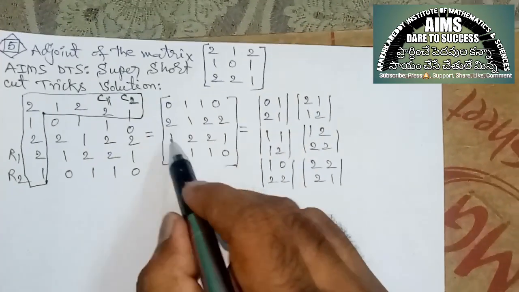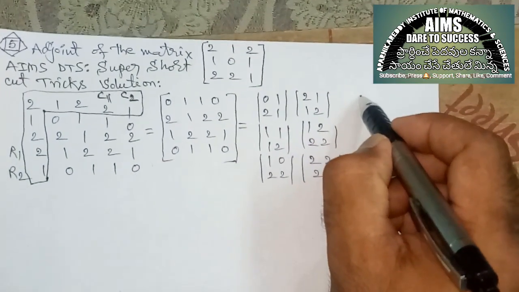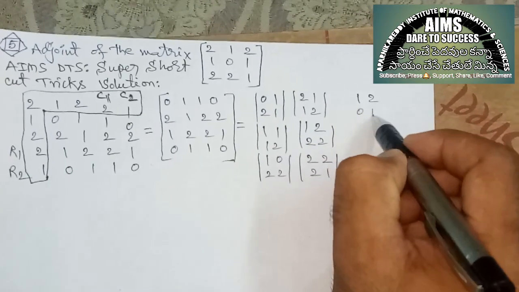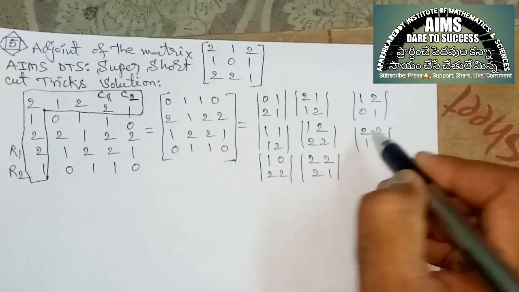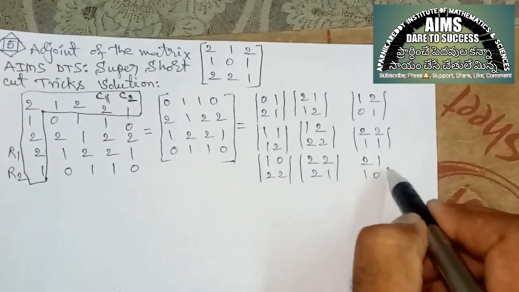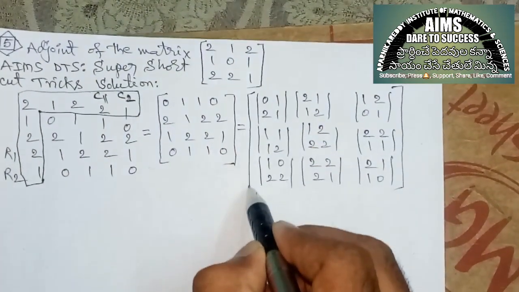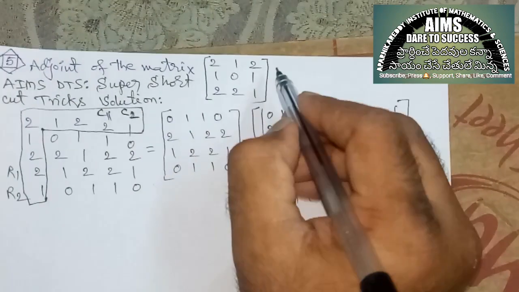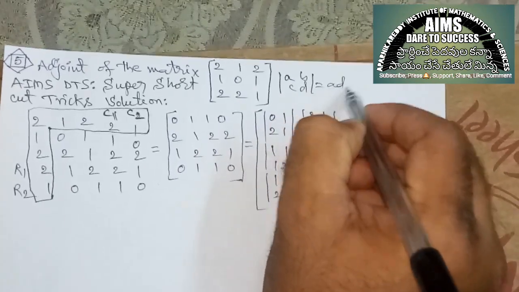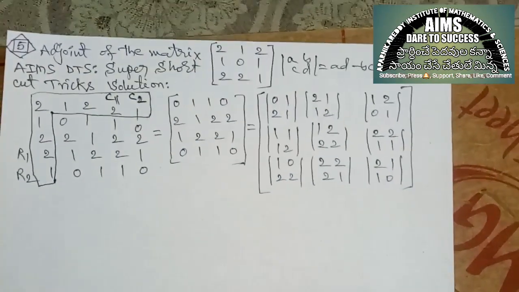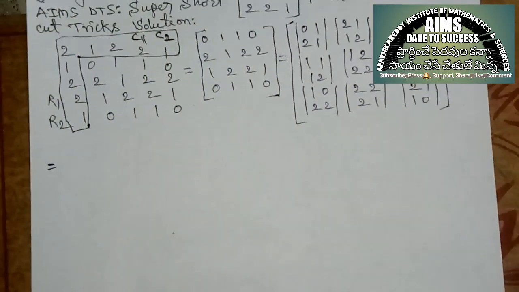Column 2 completed. Leave row 1 and row 2, take row 3 and row 4 and write in the third column. We get 1 2 0 1. Applied it. Next 2 2 1 1 and applied it. 2 1 1 0 and applied it, and write in the big matrix. Here one small logic, the formula: mod of ABCD is equal to AD minus BC. So the last maximum part is completed.